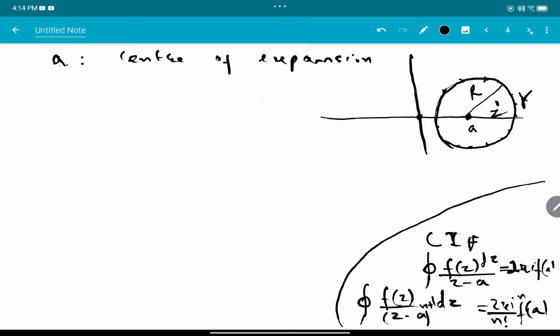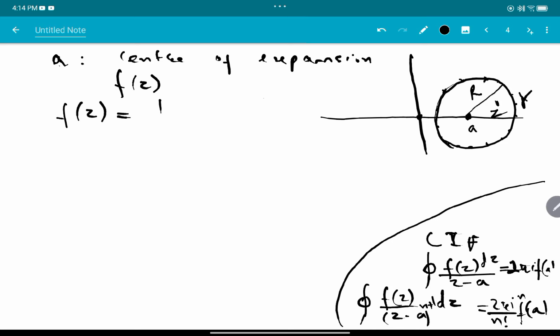I'm going to expand this function f(z) about a. And for that matter, I will be using Cauchy's integral formula here. First, I will start with Cauchy's integral formula. I will write f(z), that means the function within this disk at any point, is equal to